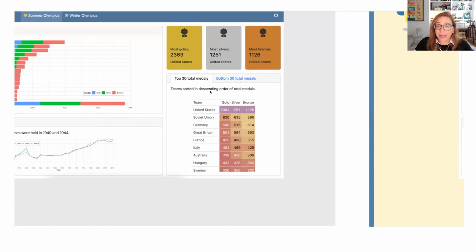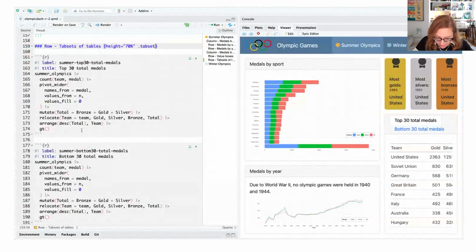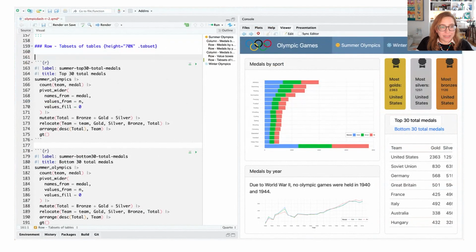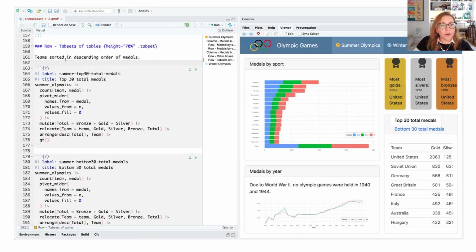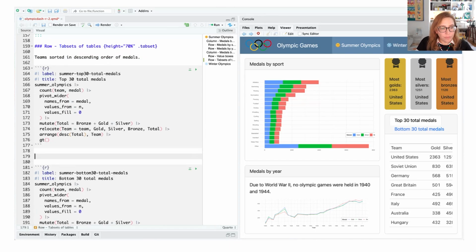It also looks like we don't just want the table, but we also want some text in there as well. So team sorted in descending order of medals, and it's probably the ascending order on the other side. So let's go ahead and add that text. Sorted in descending order of medals for the top, and for the bottom, that's going to say ascending order of medals.